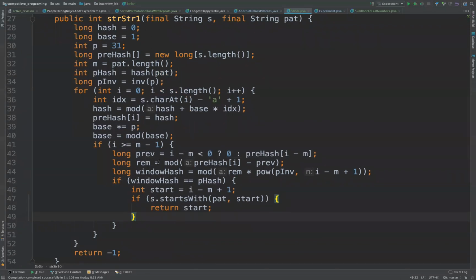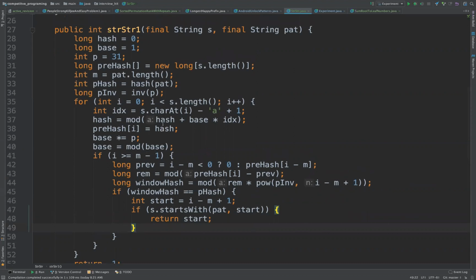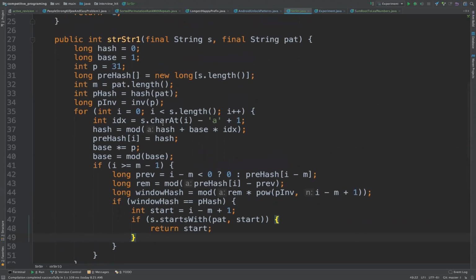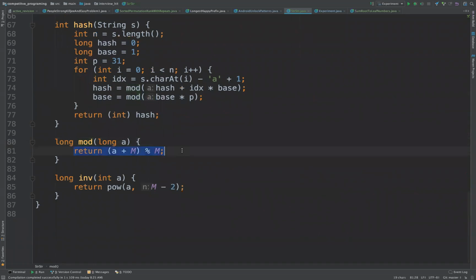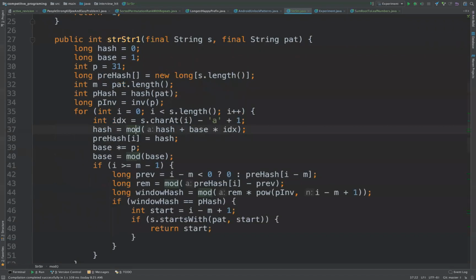I hope that's clear. So when you are storing your hash in your array on line number 38, you're not calculating the modulo of that part. Just a minute. So I have this function mod. Okay, so I'm calculating the modulo inside over here. Is your line 47 to handle the collision? Yeah, line number 47 is to handle the collision.